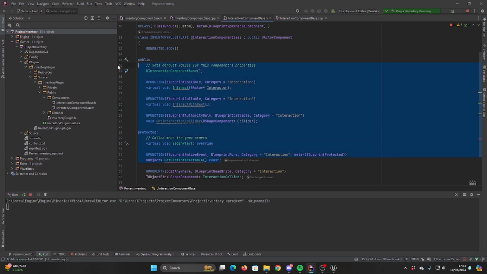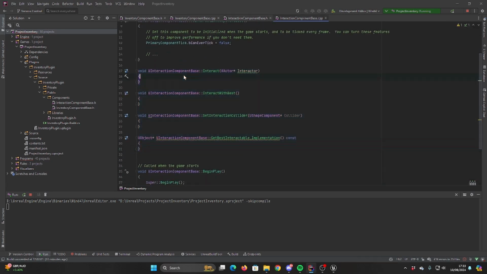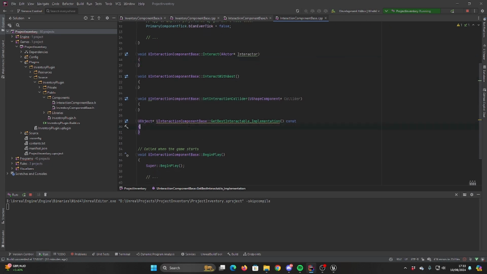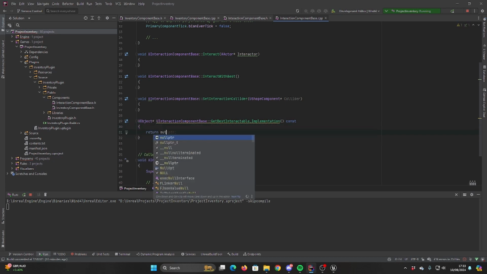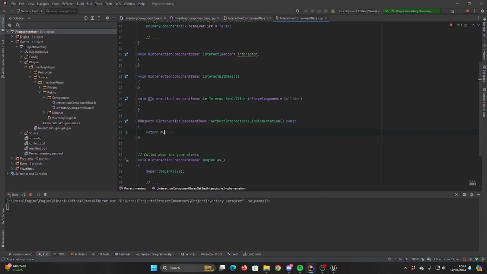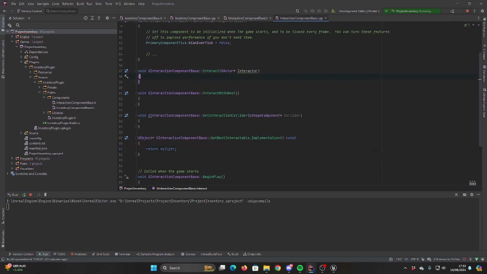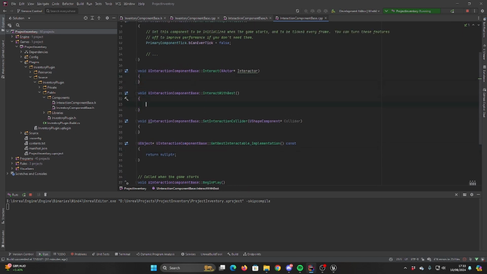So let's generate these definitions. If you want to press there, I press Alt Enter to be able to do that. I'm not sure if that'll work with Visual Studio, but it does with Rider. So GetBestInteractable implementation. We're just going to return nullptr for now because we're going to implement this in blueprints first. InteractWithBest, so this is literally just going to get the best interactable, and it's going to pass it into the